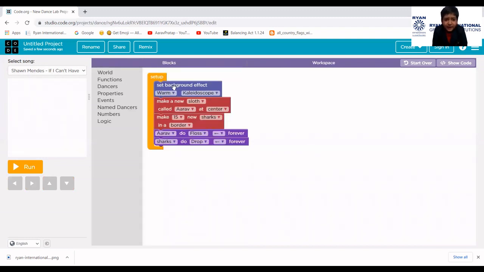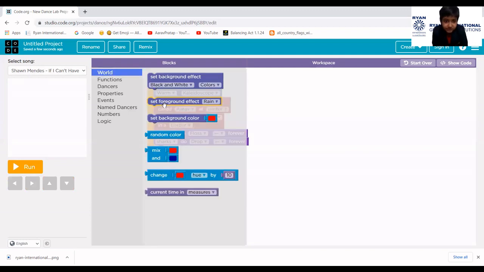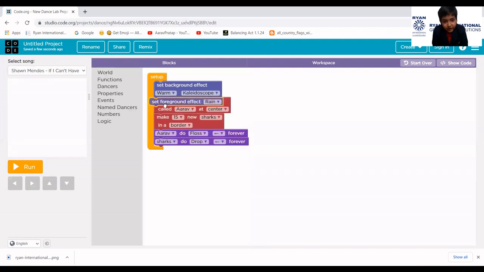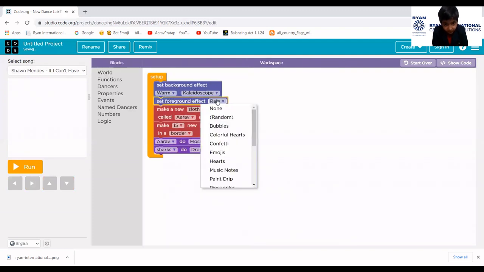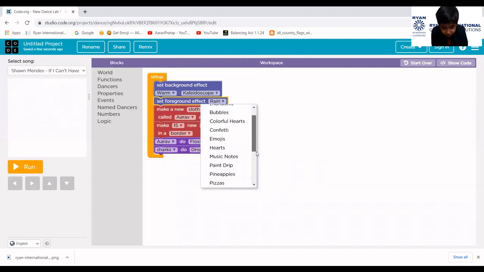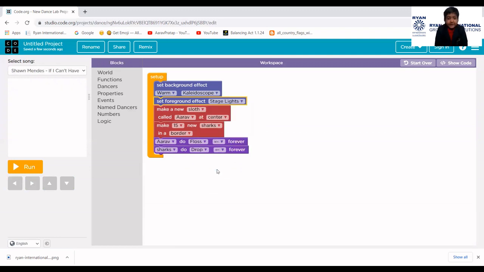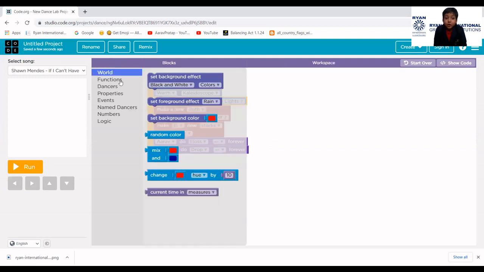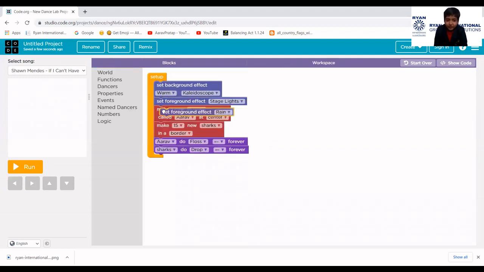Now, one more thing I will tell you in the world is that if you made set background effect, and you want more than this little one, you can choose set foreground effect. Now, instead of rain, you can choose anything. Here you can see, I will choose stage lights. If you want to add more, you can add more foreground effects, but I only want one.